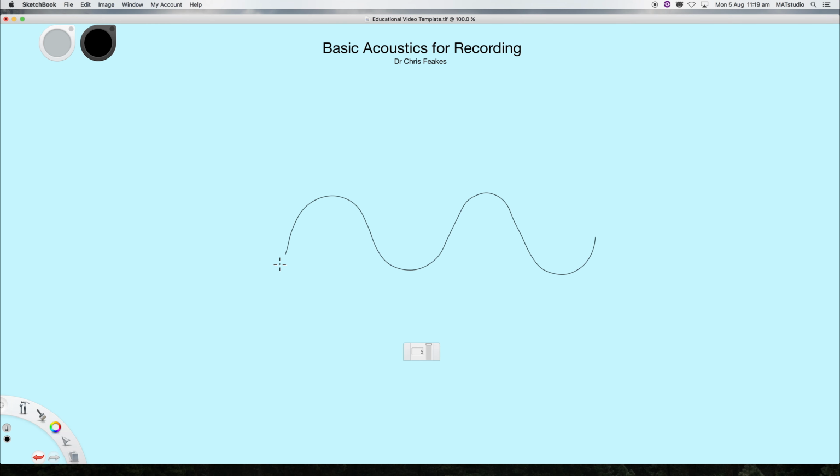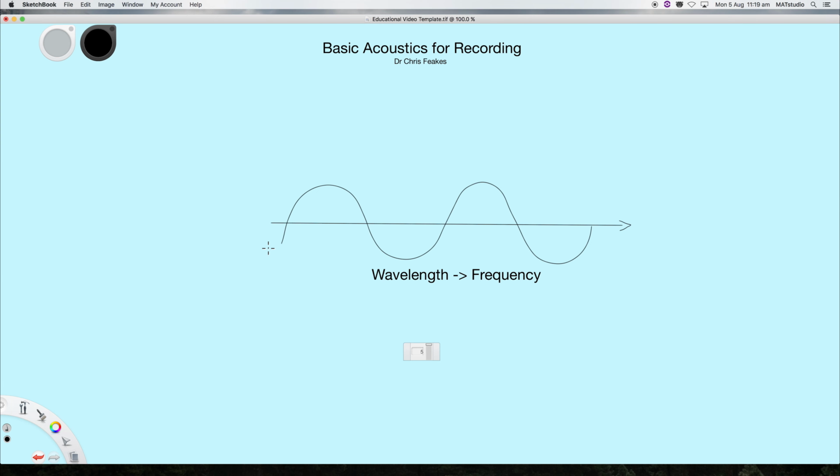This is quite useful for understanding a few things. We can, for example, understand the wavelength, which is closely related to the frequency of the sound, by looking along its length. We can also understand the intensity of the sound, which is closely related to its loudness, by looking at the height of it.